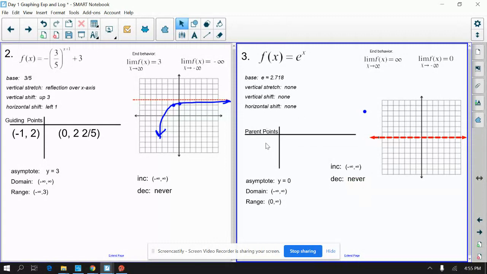So let's find some ordered pairs here. The best ordered pair for sure would be to do 0. When x is 0, the result is 1. Another ordered pair is 1. When x is 1, the y value is e. So 0, 1, and 1, e. Remember, e is about 2.718, so 1, 2.7, something like that. We have an idea of what these look like. We're guided by the asymptote. We're guided by these 2 points. So you do your best to draw